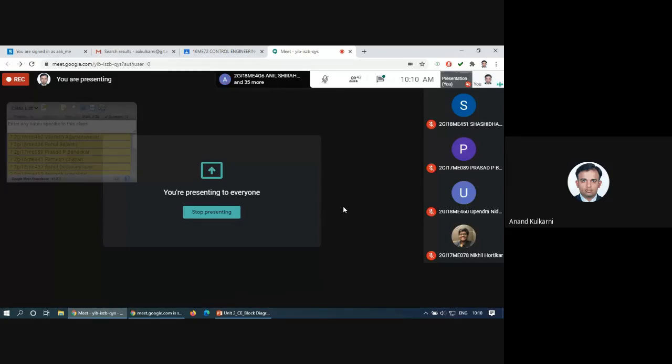Remember, when there are multiple inputs, depending upon the number of inputs, if there are two inputs, there are two parts. If there are three inputs, three parts. In this case, there are two inputs, which means we are going to solve the problem in two parts. In part A, you make any one of the inputs 0.